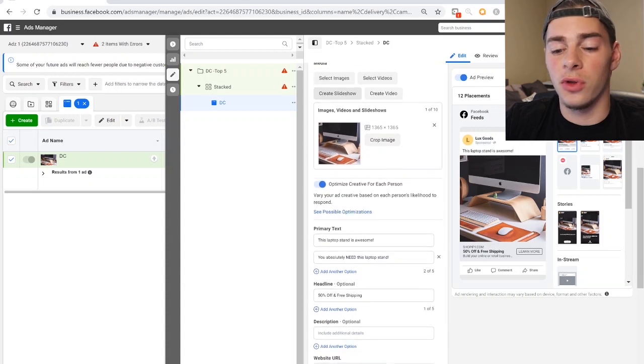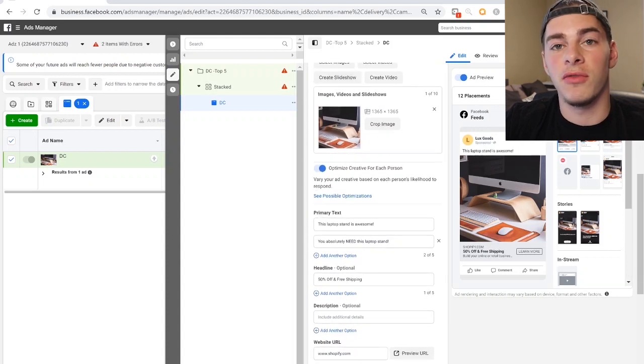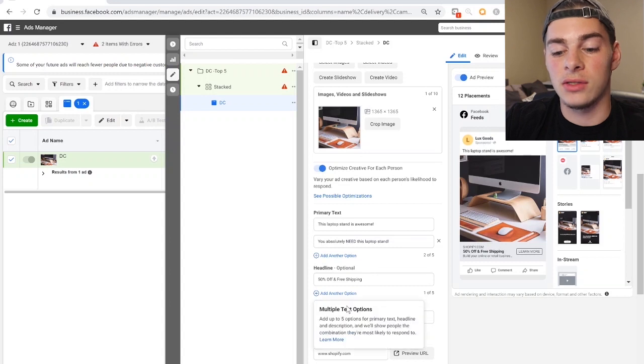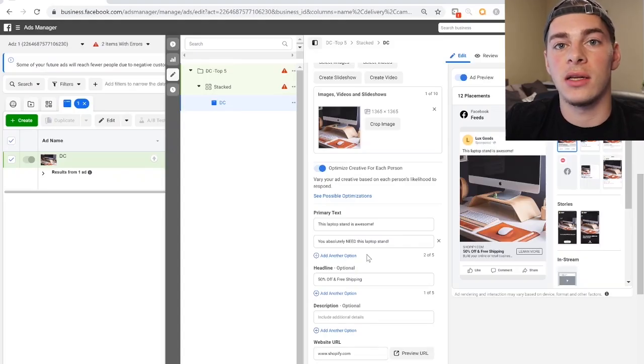What we can also do with our creative is we can split test different primary text, different headlines, descriptions, and things of that nature. So as you can see here, we have 2 different primary texts that are both going to be shown almost as ad sets in a CBO, where Facebook will determine which ad set is performing best, and they will show that more to your target market. So same thing goes with dynamic creatives, only it's going to show the best creative to a majority of your target market, depending on its existing performance with some of the other